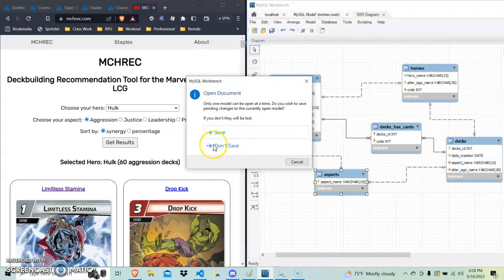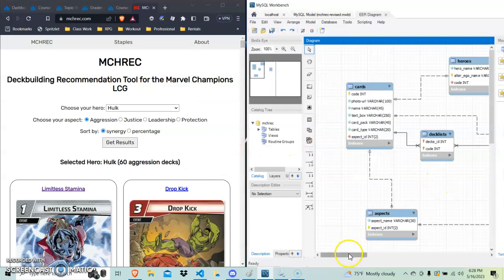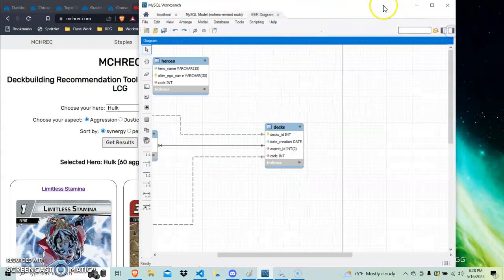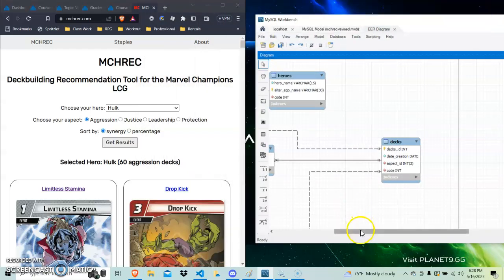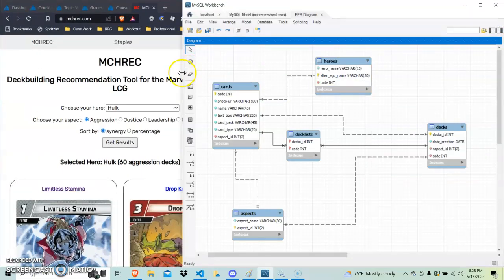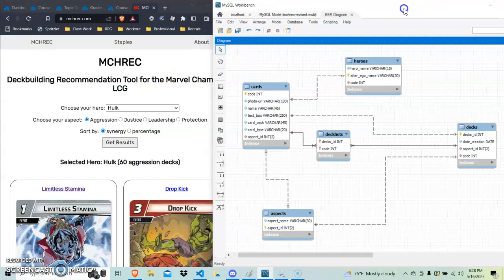I don't think I made changes to this version. No, don't save the old one. Okay, so, alright, let's make this a little easier to see here, folks. Oh no. Okay, so anyway,